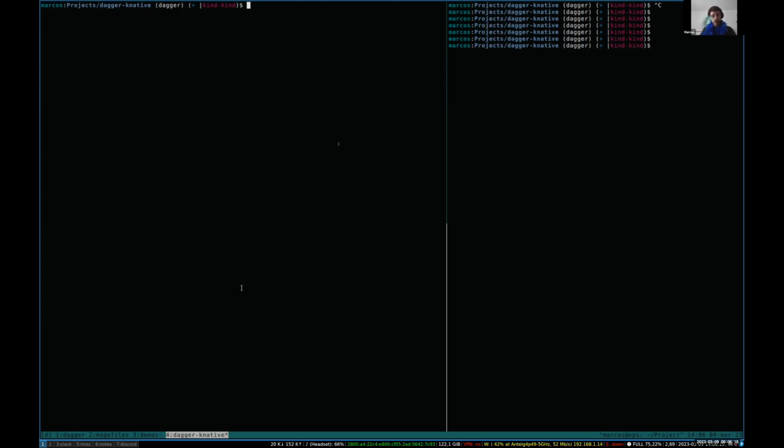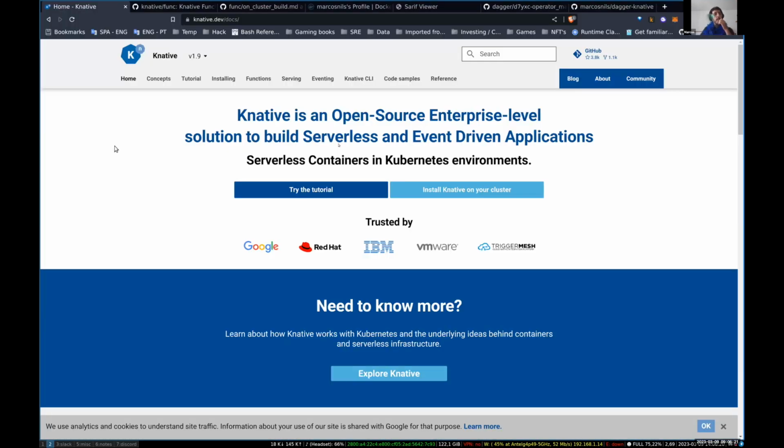And he was talking to me about Knative, and the benefits and the things that you can do with it. And he's actually working on a book, which is called CI/CD for Kubernetes, that is coming up this year. And he has an example on where he shows how to deploy Knative functions in Kubernetes and with different pipelines, CI/CD and all that. And he told me, hey, it would be great to see if Dagger can help here,